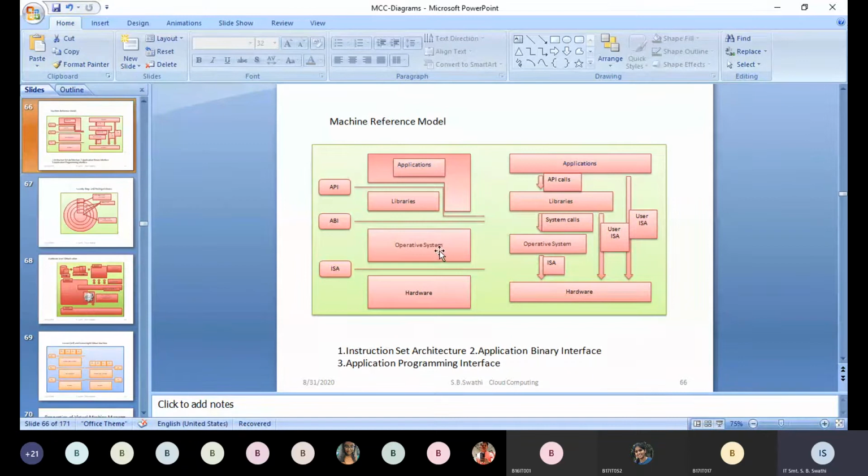Upon hardware we have the OS, which will access this hardware using ISA. What is ISA? Instruction set architecture. All the instructions which are passed from OS to hardware go through ISA. This carries the instructions from OS to hardware, and the resources from hardware are allocated to the OS. Then upon the OS we can build applications using the OS level commands, OS level resources, or the control information which the OS has.